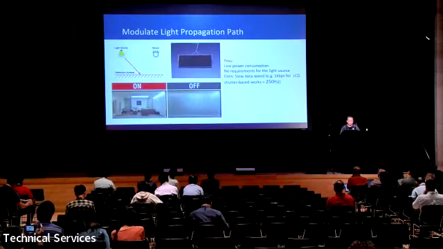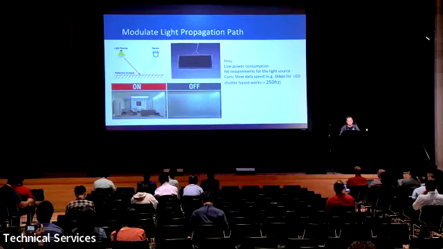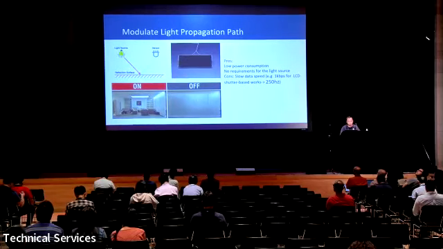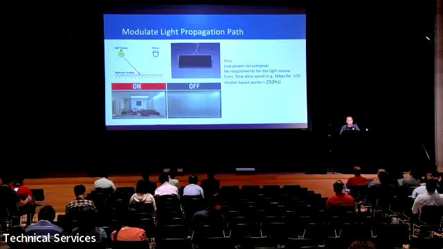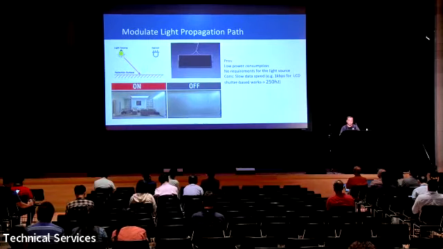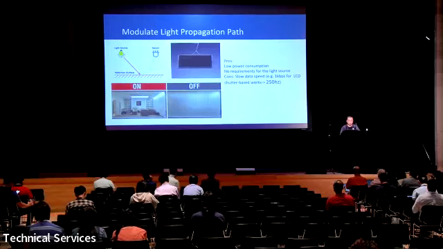Yes. The other way is just modulating the light propagation path. In this way, we don't control the light bulb, so it has lower power consumption, and there are no requirements for the light source. We can use any kind of light, like artificial light, ambient light, sunlight, or infrared light. But it's not perfect. It does have drawbacks too, because the data rate is low. For example, 1 kilobit per second for the LCD shutter-based works.